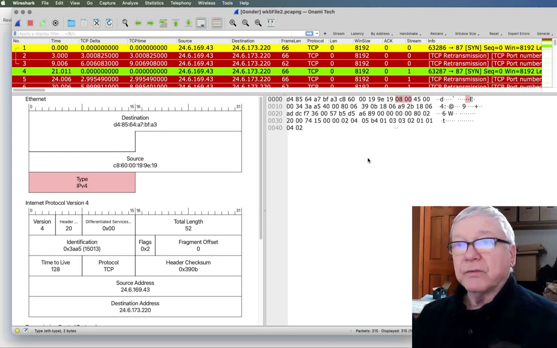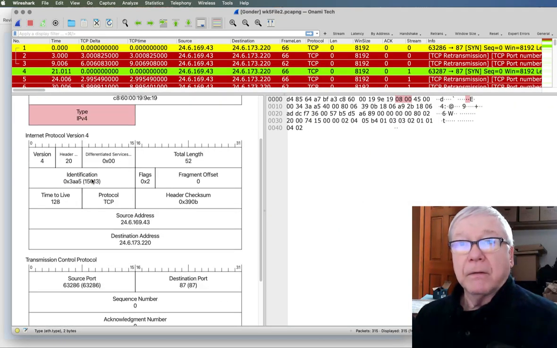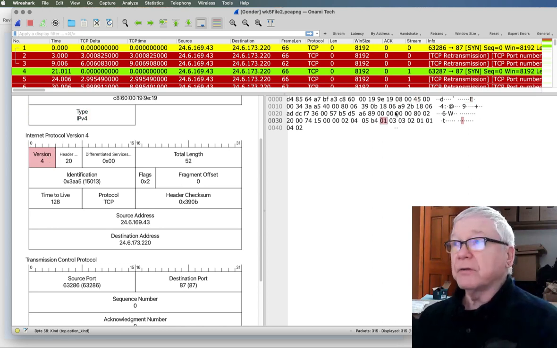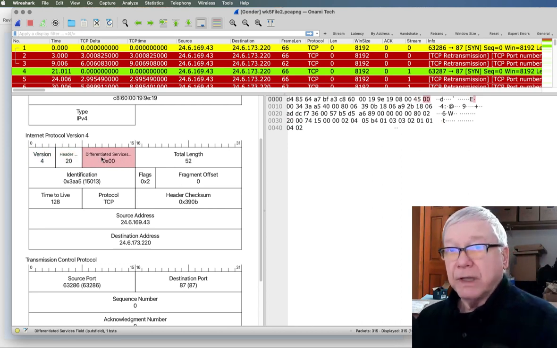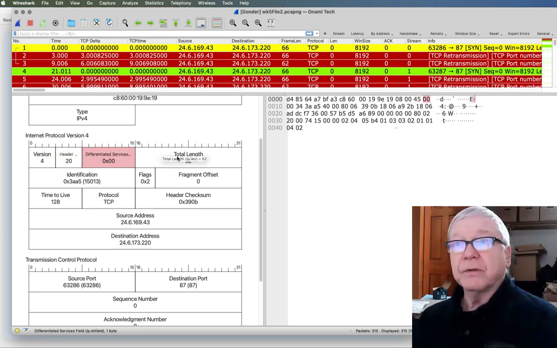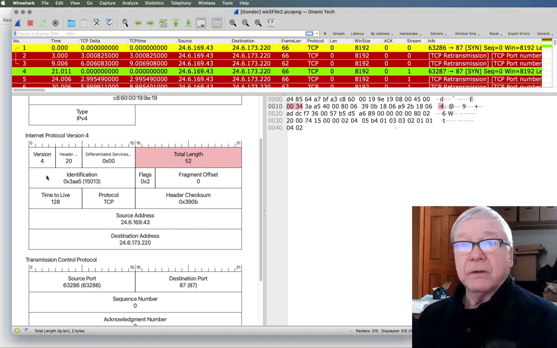When I look with Wireshark here, yes, the first 4 bits tell us that's the version number. The header length. Do we have any differentiated services? What's the total length? What's the ID of this particular packet?